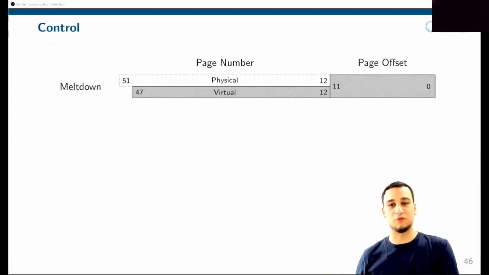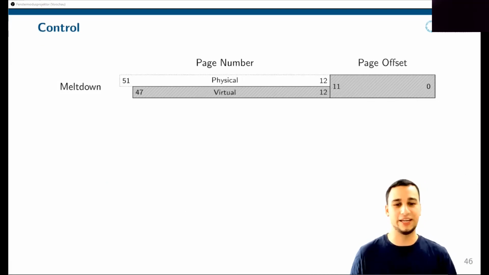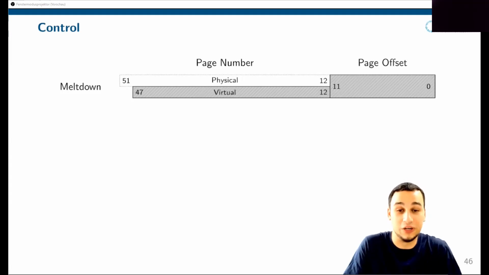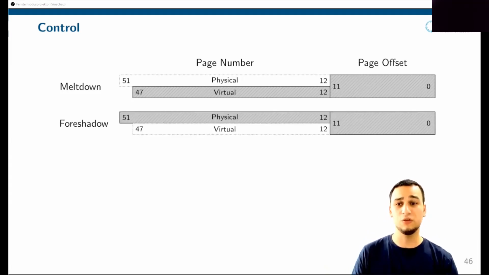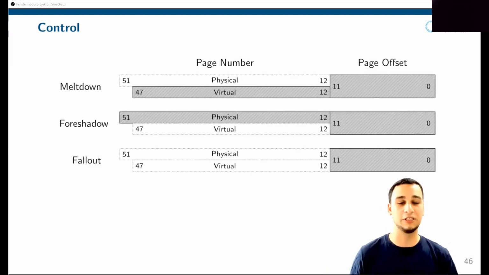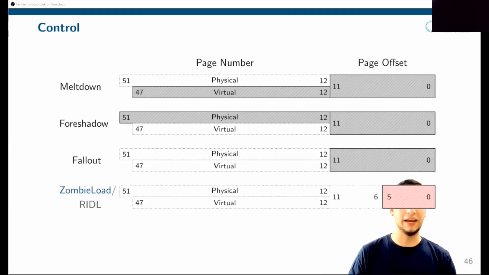We have, of course, a bit of a problem with the control here. As you can already imagine, we get bytes of data, but we don't really know where it's from. For Meltdown, that was easier. We specified the entire virtual address, read the memory from there. For Foreshadow, another transient execution attack, you specify the physical address and leak from that physical address. For Fallout, you can at least specify a page offset, but for ZombieLoad, also a similar attack, you